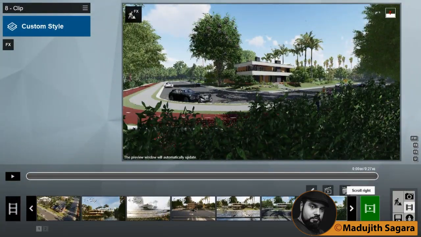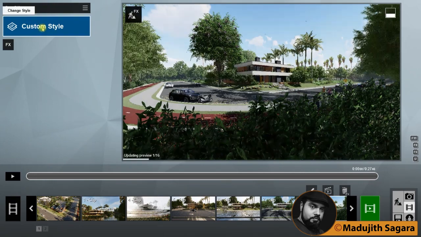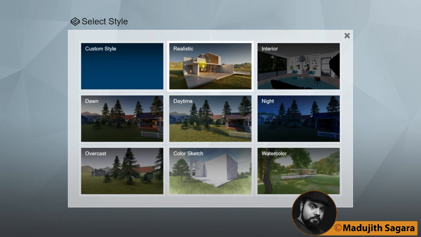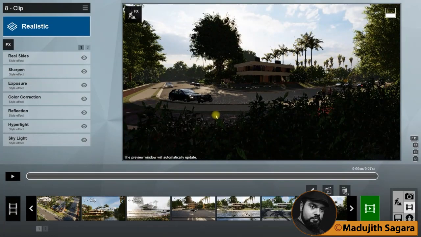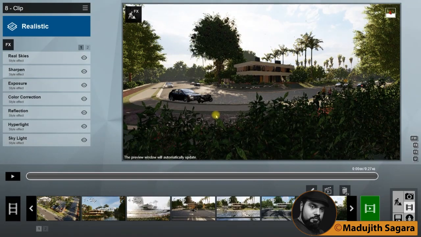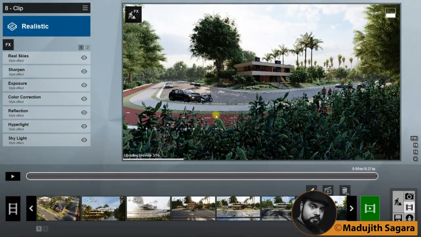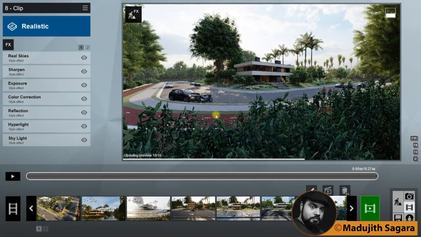Okay, now my clip is here. Then I will go to the custom style. I will have some realistic style here. Give it time to generate the effect.